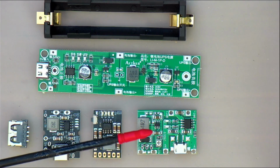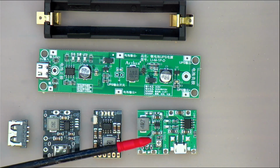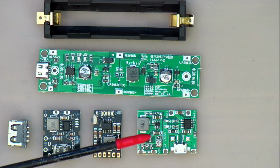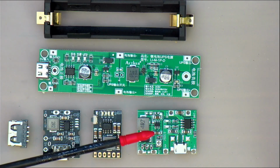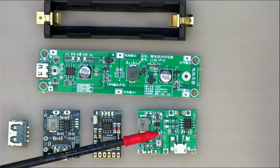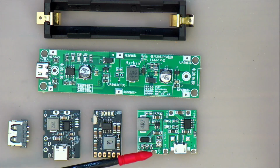It's of course a switch mode converter, so it has the requisite Schottky diode here and an inductor, and it has a little trim pot here to adjust the voltage to the exact voltage that you want, 5 point whatever, 0 volts. The only problem with these is that those little chip capacitors here are not up to the task of filtering the switch mode pulses out, and it will have quite a high